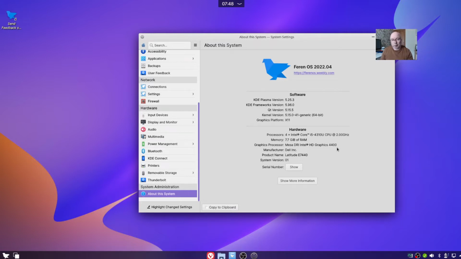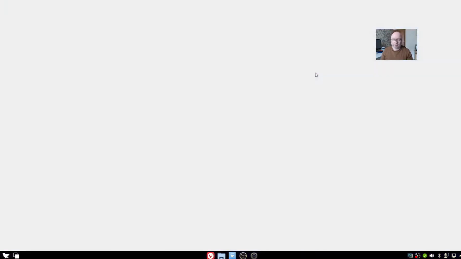So very recent KDE version and Qt version, and a fairly recent version of the kernel as well, the Linux kernel. And it is indeed very compatible with lots of different new bits of hardware. Detected my webcam fine. Everything detects fine, as you would expect with a newer kernel as well. And the Feren OS 2022.04. So if we just take a look at Feren OS website, it's going to open the default web browser,